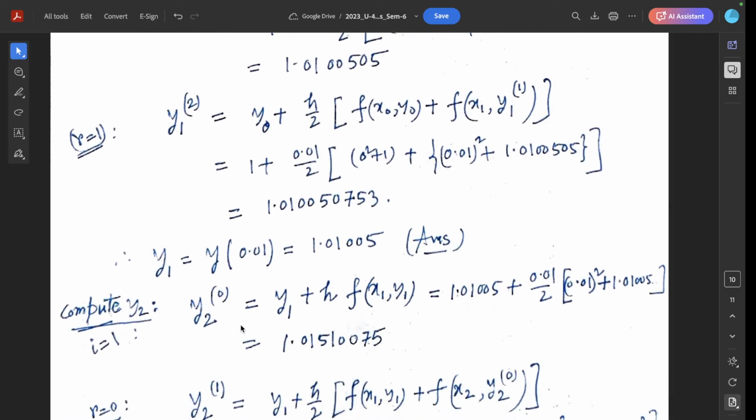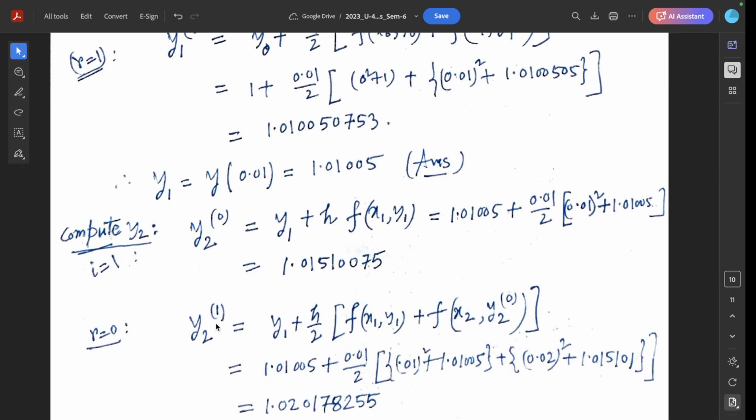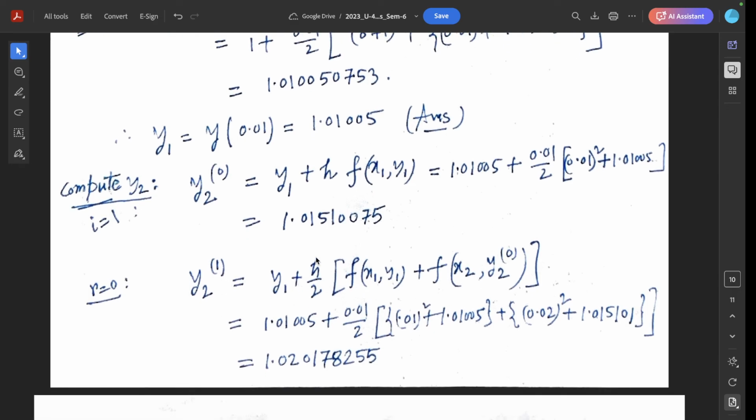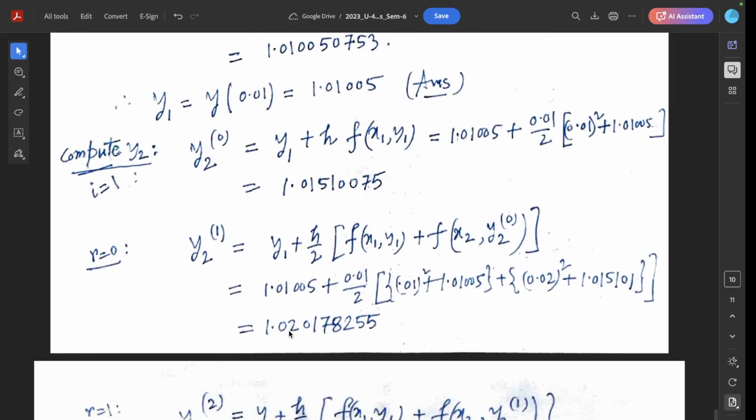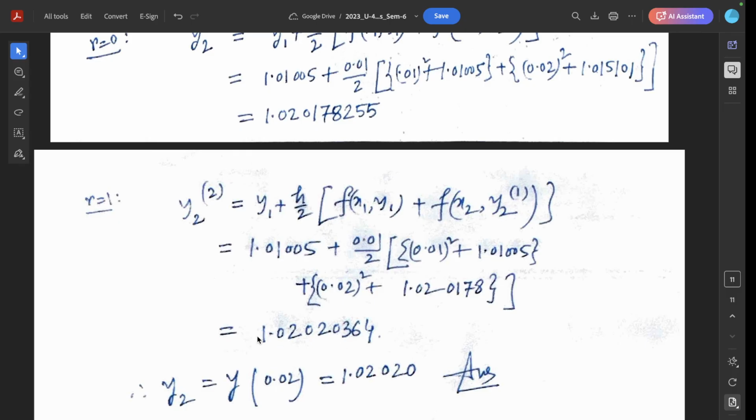Next, compute y2. So initial approximation by Euler's method, y2^(0) equal to y1 plus h into f of (x1, y1), value of this initial approximation. Next, first approximation of y2 by modified Euler's method, y1 plus h by 2, equal to 1.0201782555. Second approximation for y2, y1 plus h by 2 bracket f(x1, y1) plus f(x2, y2^(1)), the previous value of this. After simplification, we get